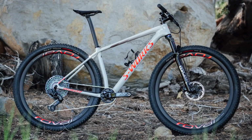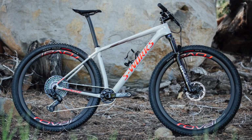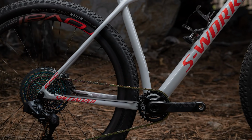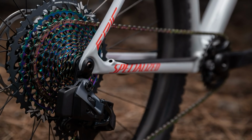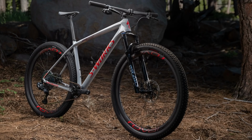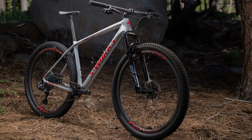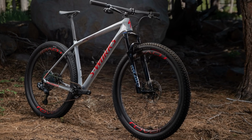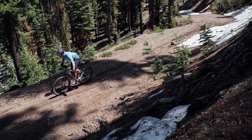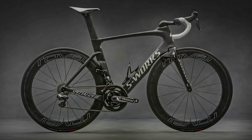As you'd expect, it's got even lighter, with an S-Works frame coming in around 790 grams for a medium, and that is with the paint and the hardware. This means that a top spec complete build is claimed to weigh just 7.8 kilos. That's incredibly impressive when you consider that not that long ago, 7.8 kilos was considered pretty respectable for an aero